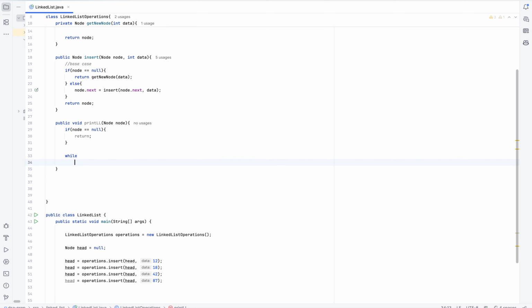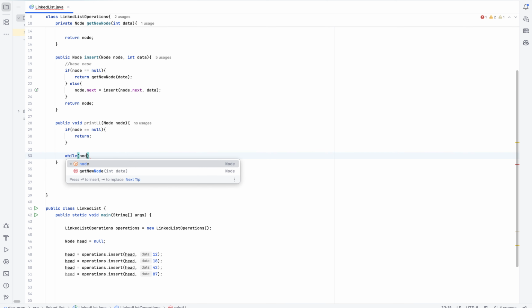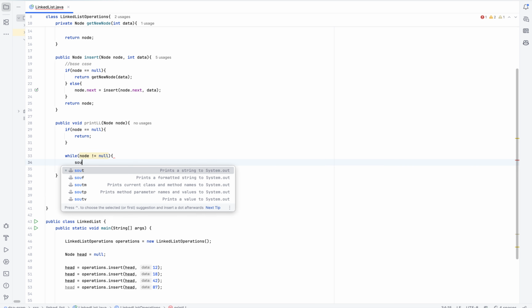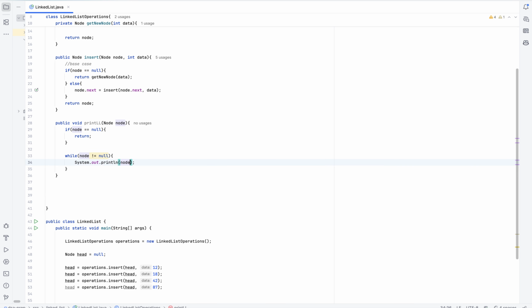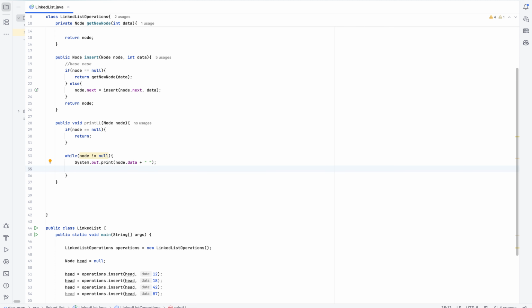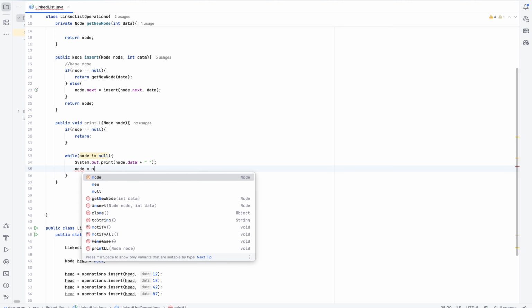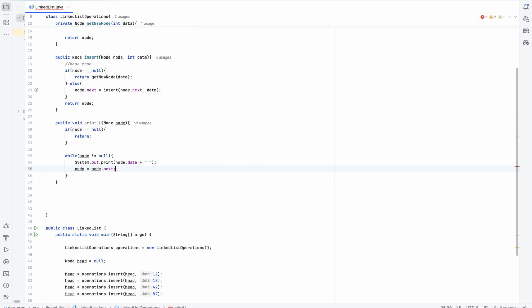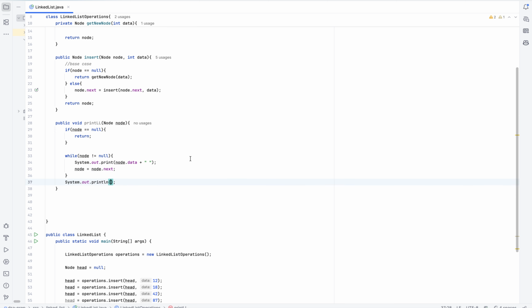Else what you will do, you will be running a while loop until your node not equals to null, and then you'll be printing node dot data as we already discussed with the space. And let me remove this new line from here because I want to print it in a series. And then node equals to node dot next. Okay, and then at the end let me print a new line.